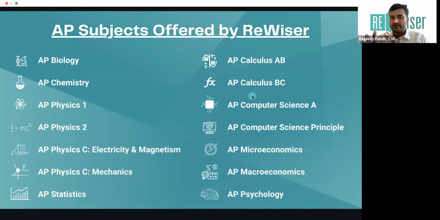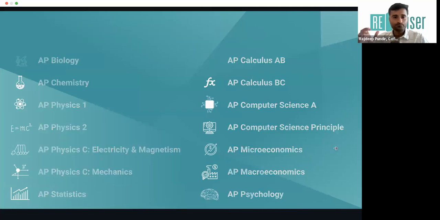Thanks. So there are AP subjects which are being offered by us. As I said, there are multiple subjects which are being offered within India, but as a company, we offer about 13 subjects. These are a list of some of the subjects that we offer. We are currently in the process of adding 3 more subjects for this year. These are the subjects that we offered last year. AP World History and AP Environmental Science would be the 2-3 more APs that we are going to add starting this year as well. So I think these are the APs that we will be offering right now.